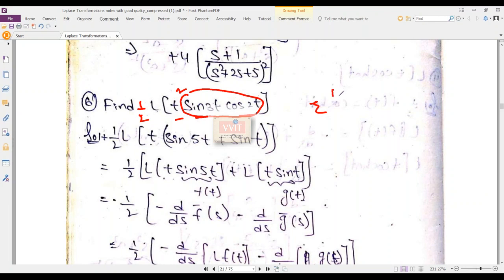L of t times sine of a plus b, which is 3 plus 2, 5t, plus t times